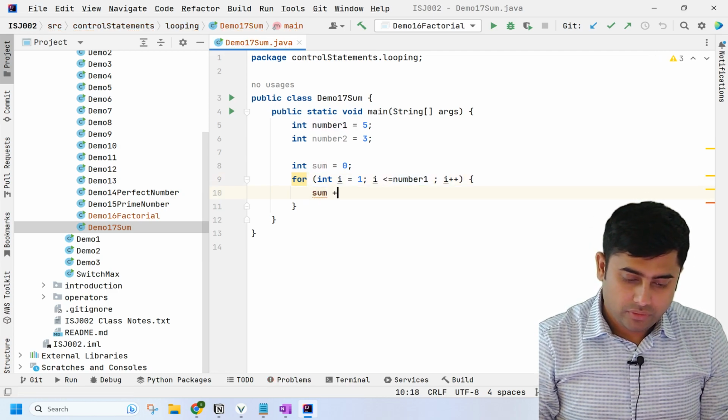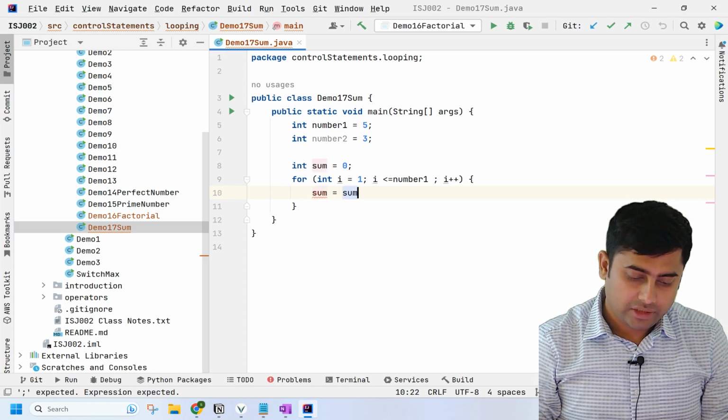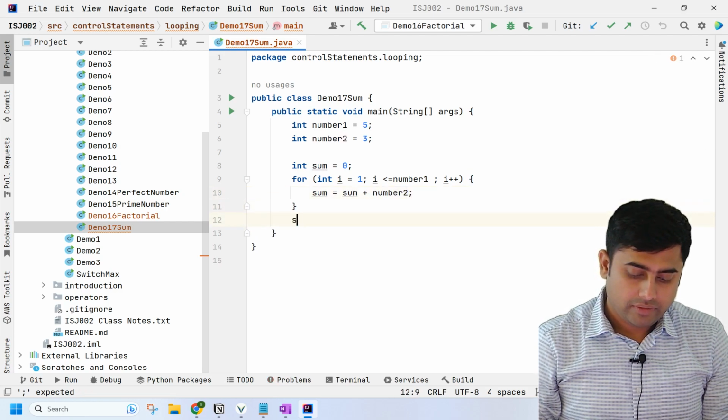Then you simply do sum equal to sum plus number 2. इसको ऐसे भी लिख सकते हो, sum equal to sum plus number 2. That's it. And finally you print